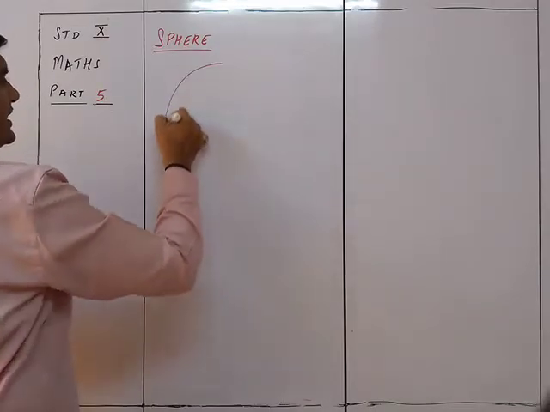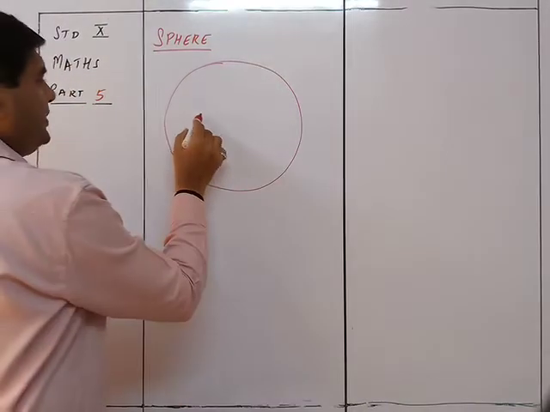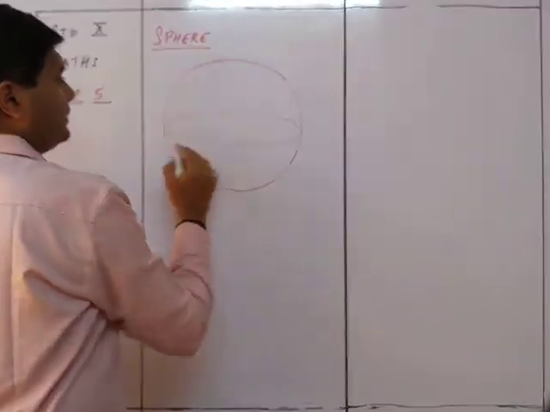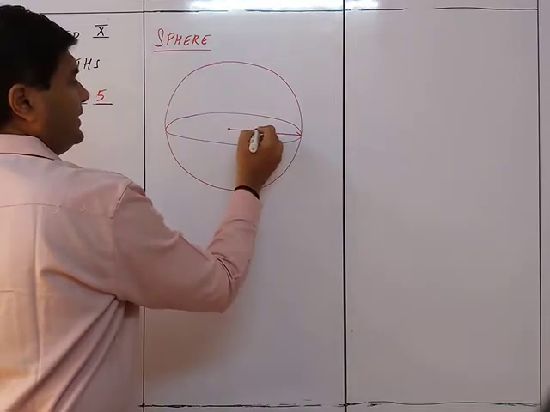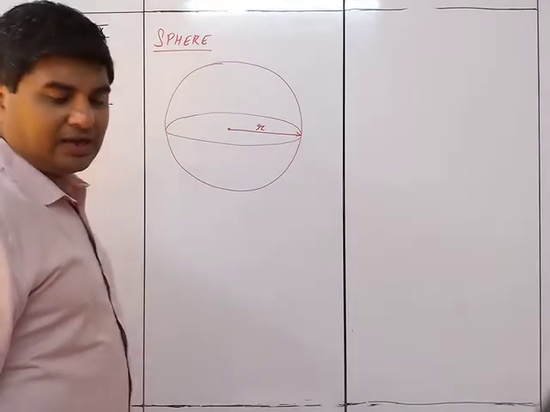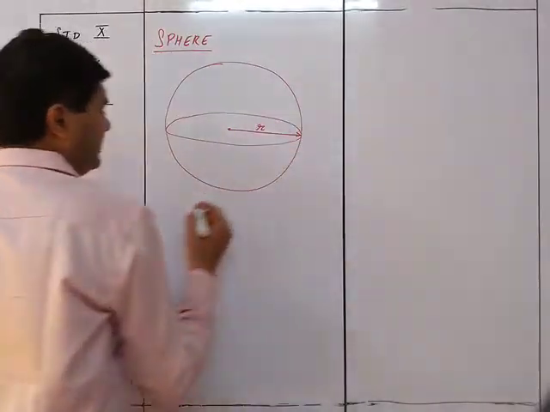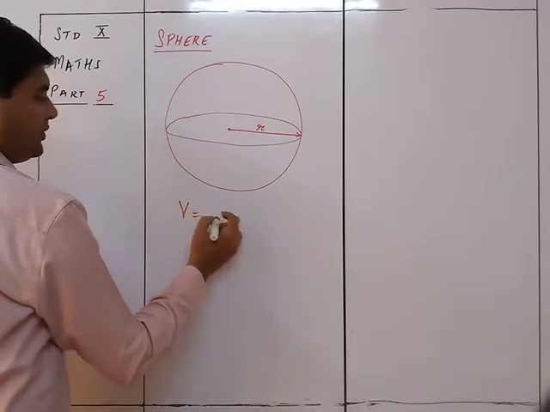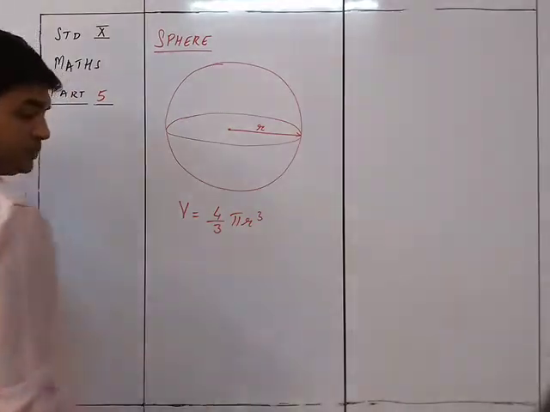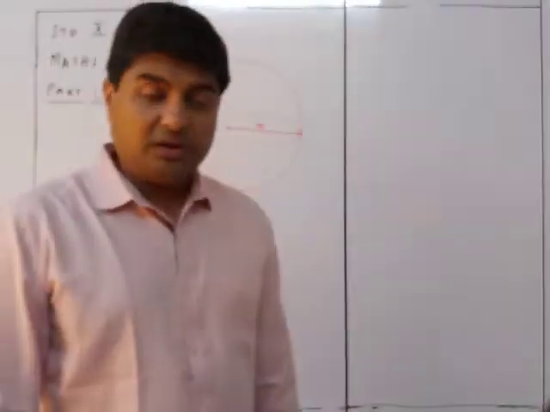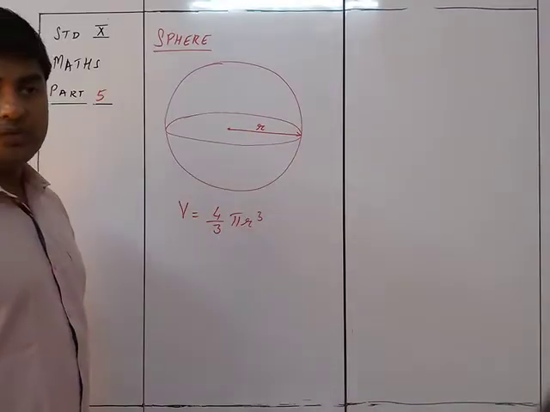Sphere is just basically a ball. A ball is a sphere. So it will be a three-dimensional thing, which has the radius. So this is the radius r. Accordingly, if we see the formula, first of all, volume is equal to 4/3 pi r cube. Okay, volume of the sphere will be 4/3 pi r cube. That is the volume of the sphere.